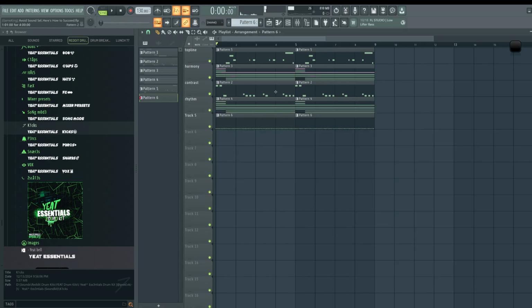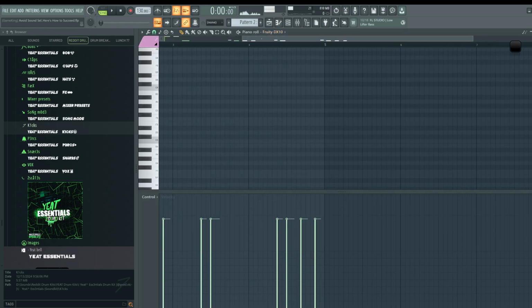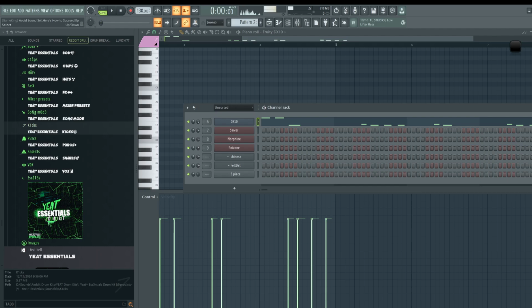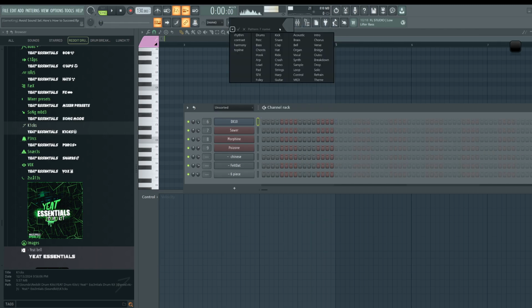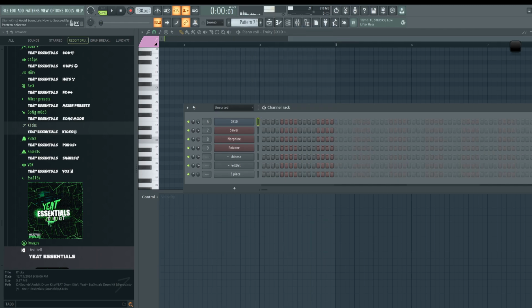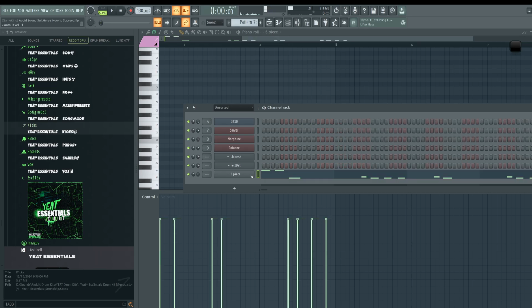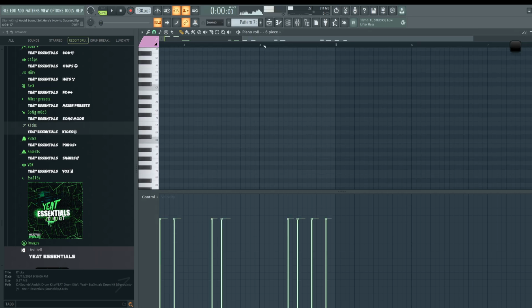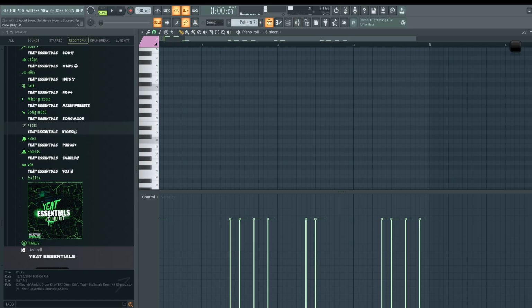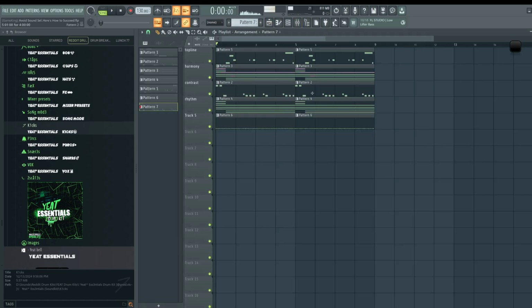So what I'll do, to keep this simple, is copy the contrast layer. Depending on how you started the contrast layer, if you did it with an 808 to begin with, it might just be one note. And if you're adding chords to a track, the bass notes need to reinforce the chords. Sometimes we need to make a very dynamic bass line. It just depends on the sound. So that's the only part I could say is dynamic in this case.